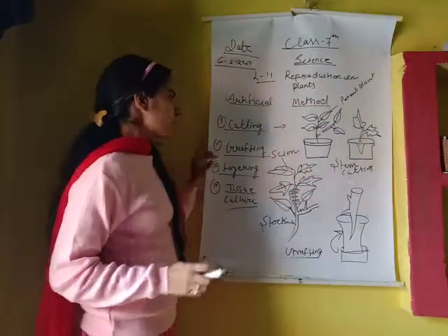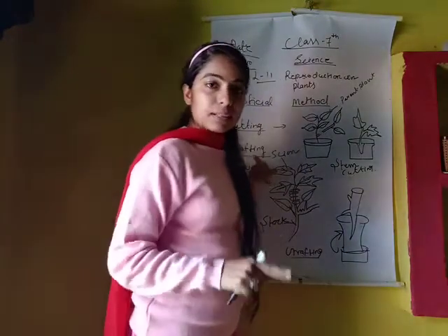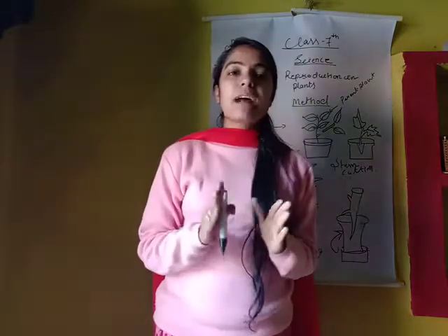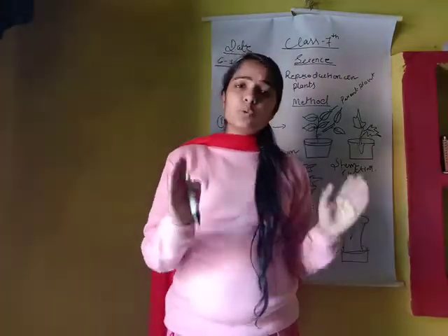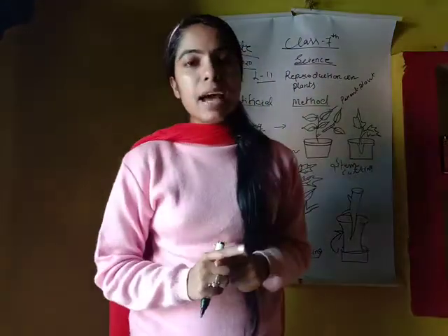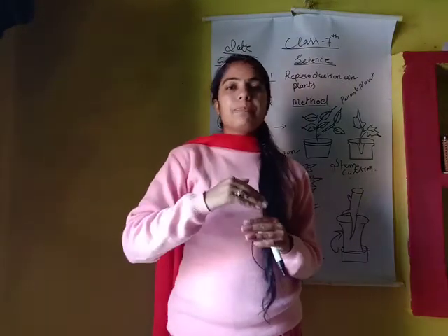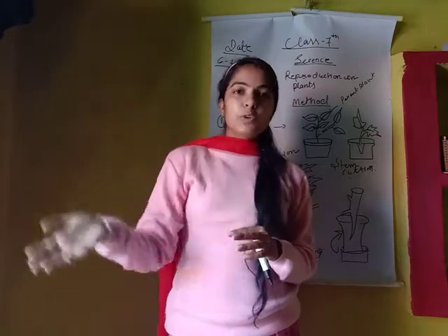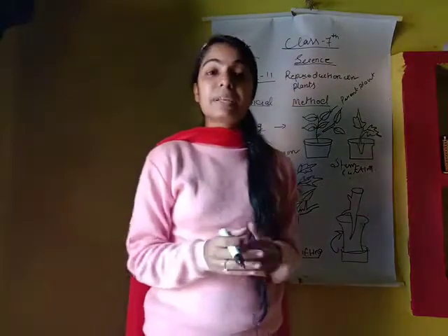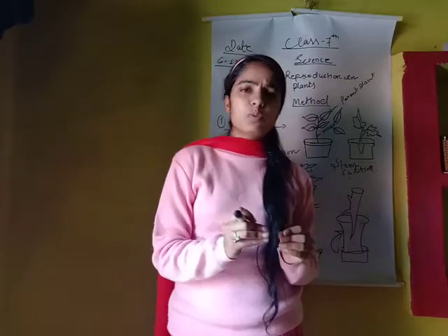Now the second method is grafting, and grafting is a very important method. So listen, what is the process of grafting? First I am telling you, beta, grafting is the method where two or more plants are joined and combined together, and by this joining it will make two varieties, two qualities, of new plants. We can say that it is a hybrid. The grafting process is the hybridization of two or more than two plants.